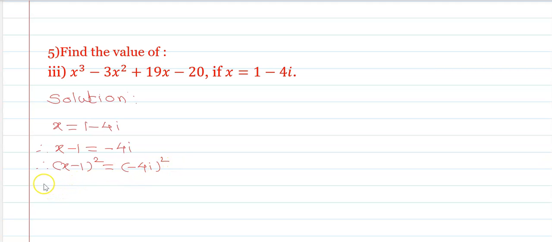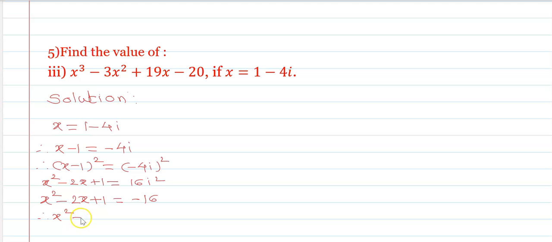Now the expansion of this: x square minus 2x plus 1 is equals to 16i square, and hence you will get x square minus 2x plus 1 is equals to minus 16, and therefore